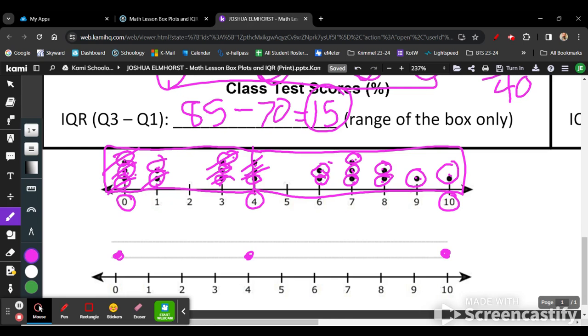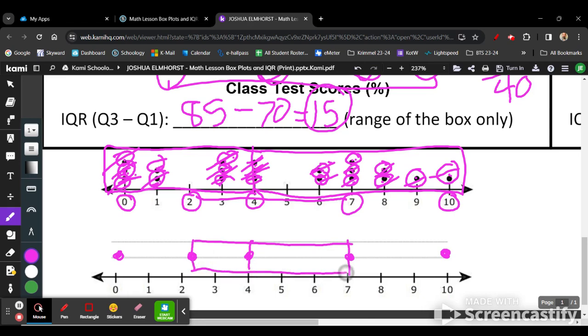So then we got left, right, left, right, left, right, left, right. It's going to be at 2. And then we go on the right side, left, right, left, right, left, right, left, right, left, right, and 7. Put a line through the median, the lower quarter, the upper quarter, put a box around it, then we draw